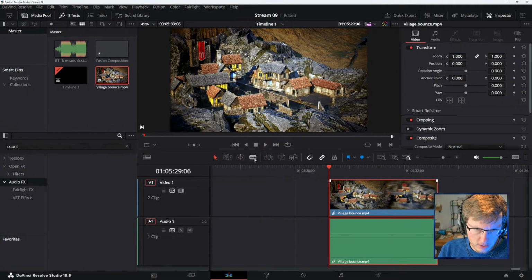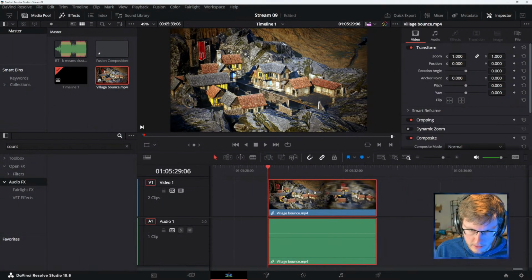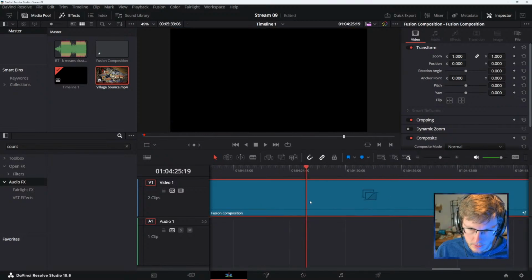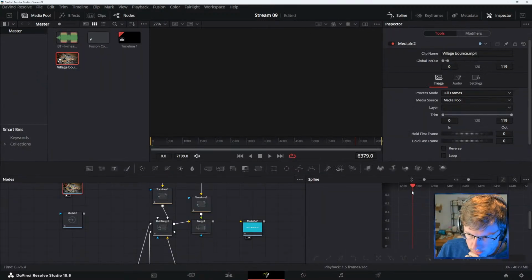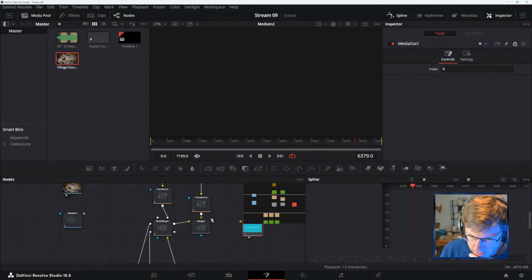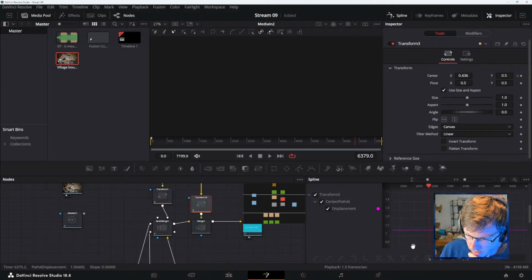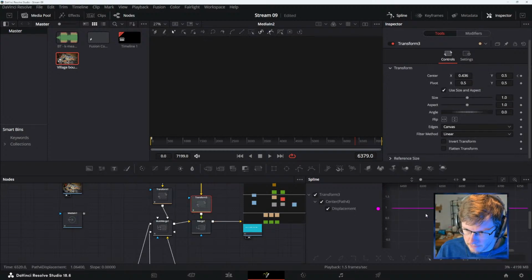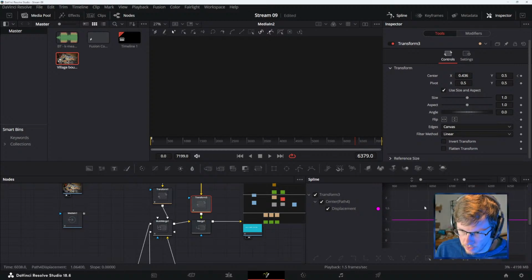Oh, so locked points, I've seen that before. And I wasn't sure what I was looking at. If we go here, sometimes in the motion path or in the splines, it's literally a spline that has a lock icon on it. Go back to what? We're super far away. We're at frame 6,000.